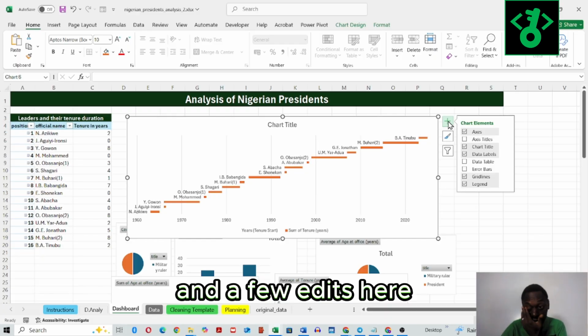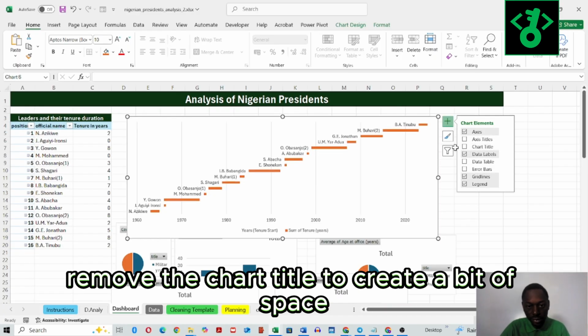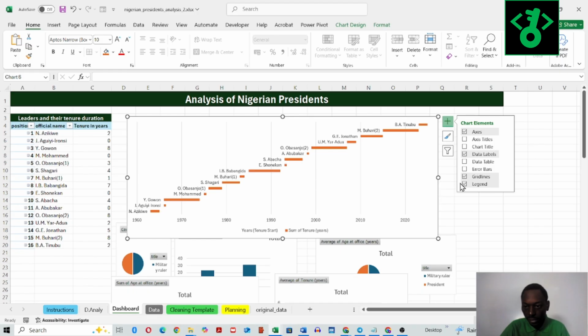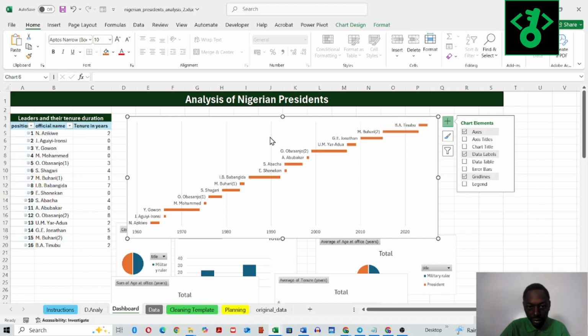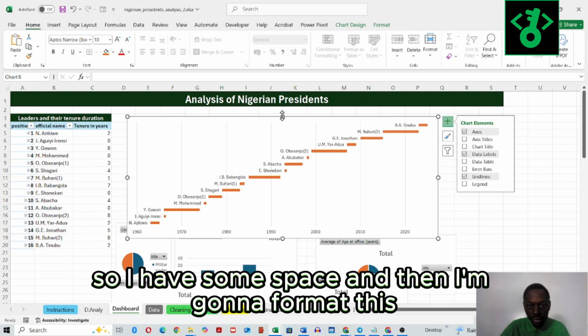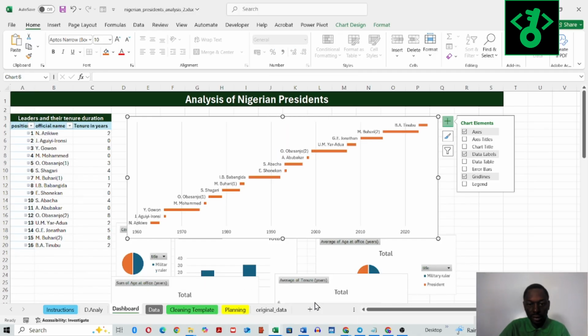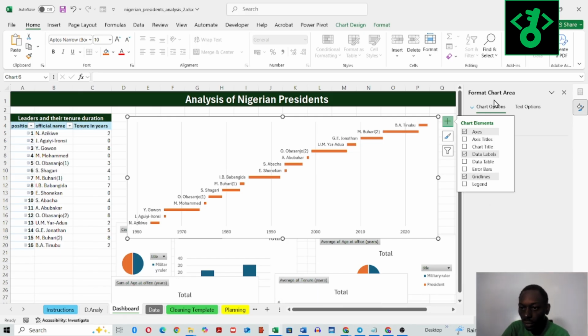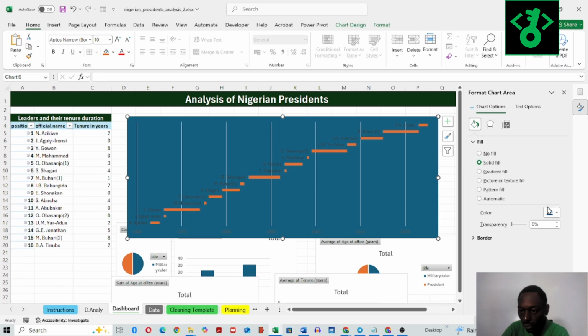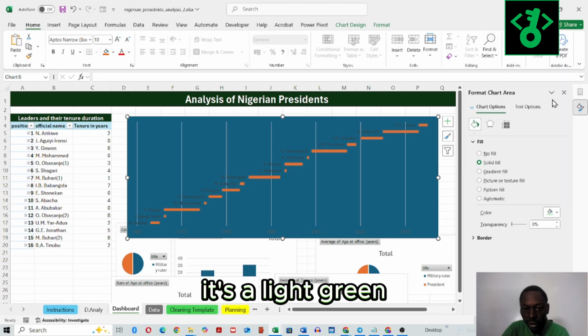And a few edits here. Remove the chart title to create a bit of space, and take out the legend as well. So have some space, and then I'm going to format this. Fill the chart background. Fill it. Light green,